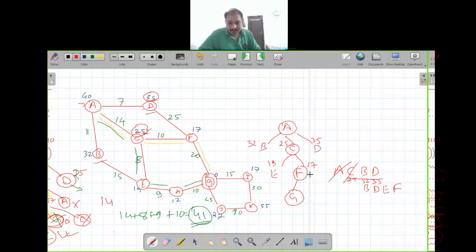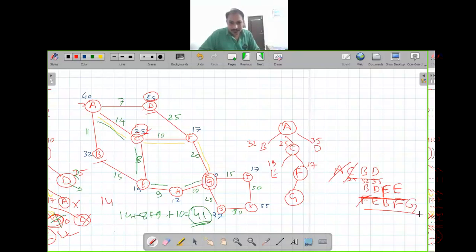Now here, as you can see, F has the least value, so we enter F first, then E. Now we globally sort this list. B has 32, F 17, E 19, D 35. We compare all these heuristic values and sort the global list, then we explore the element with the least heuristic value. When we sort this list, it will be F, E, B, and D. So now F has the least value, so we explore F and enter the successor of F, which is G, at the back of the queue.